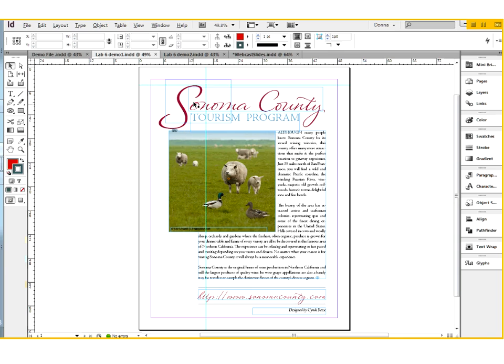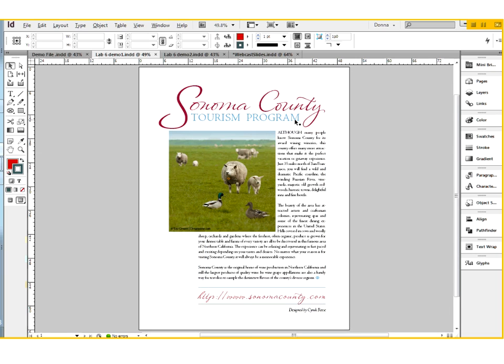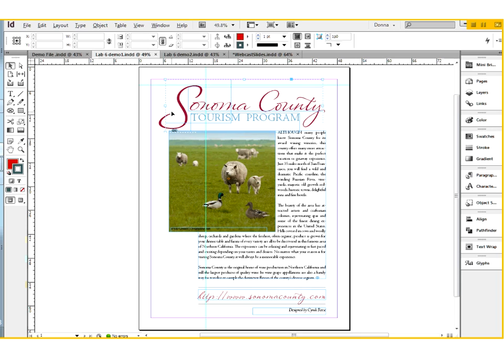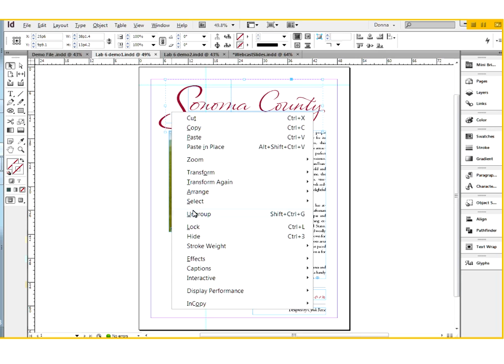I want you to pay close attention to this here. I think this is a great way to include some creativity. Cindy was trying to get this nice area here, and let me go back into preview where the tourism program is slipped so beautifully into this area created from the capital S and the descender of that Y. And to get that to work, she took the S, and I'm going to ungroup these just for a moment,